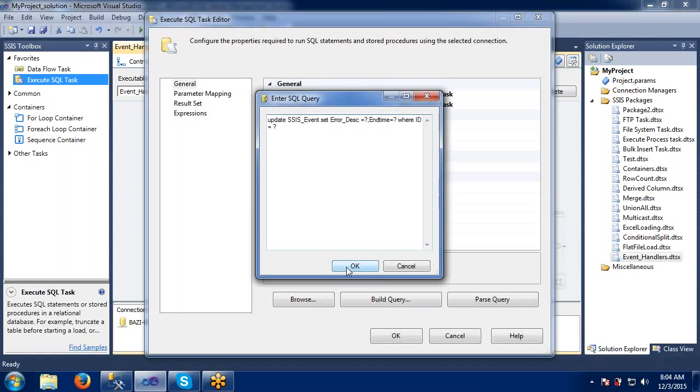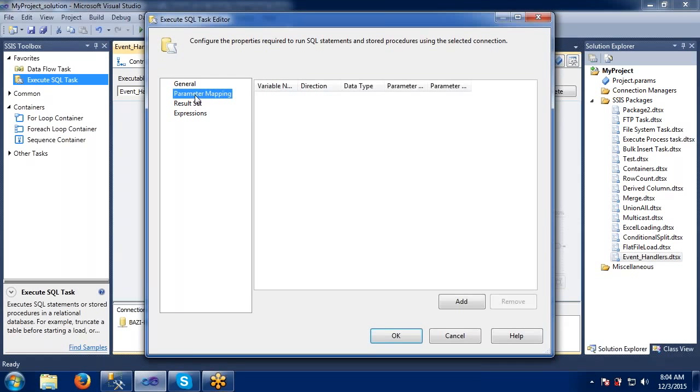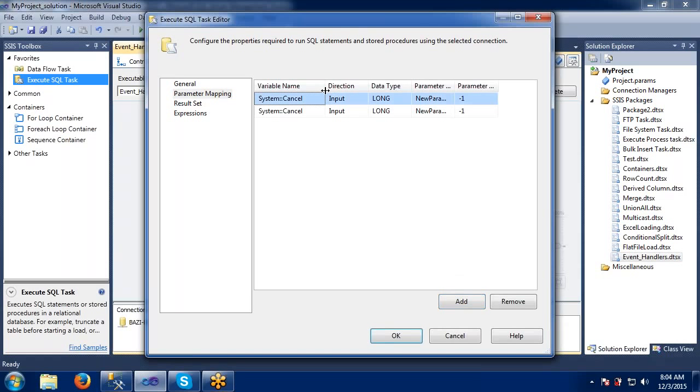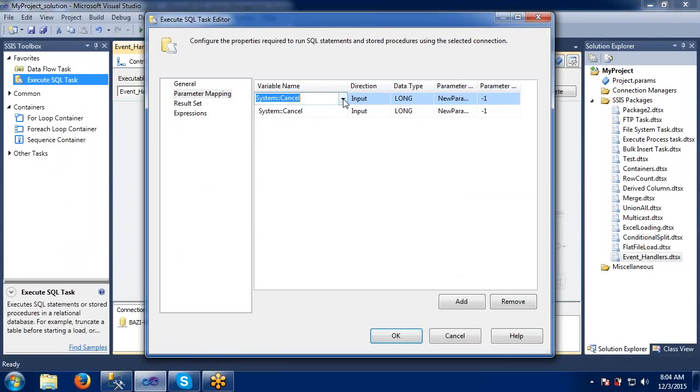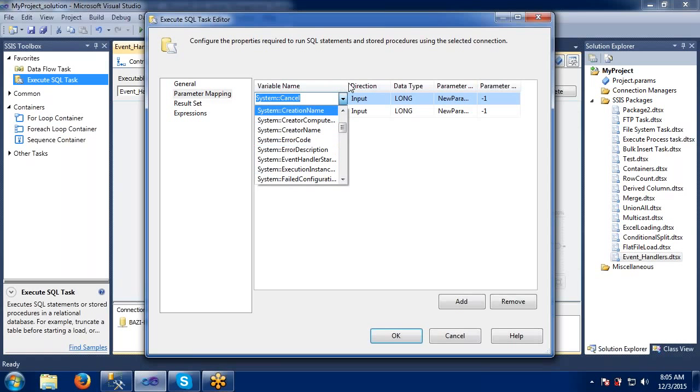I will pass these values here through parameter mapping. Okay. Just add these two variables. If you remember, what was the first question mark? Error description. So here we have inbuilt system variables: created name, created computer, error code, error description, event start time, all these are system defined variables.